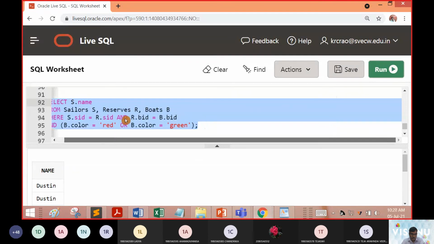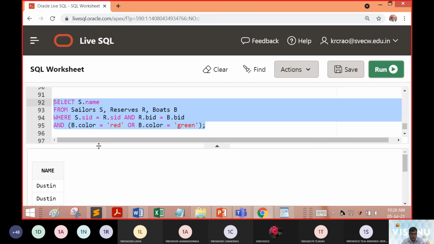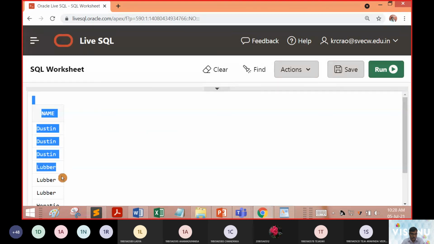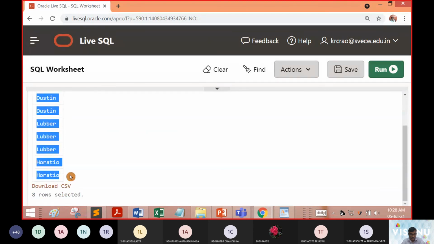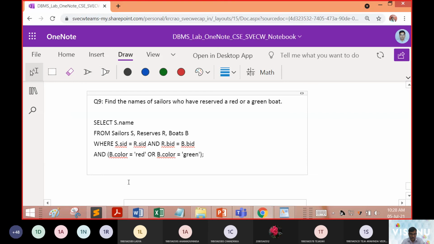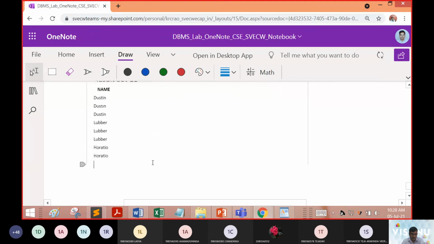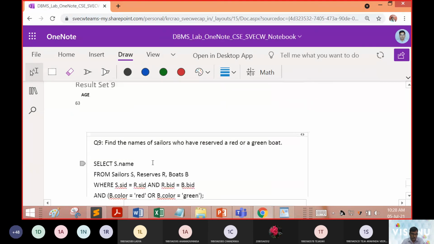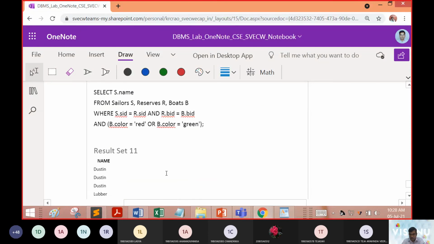You can see that there are two colors, red and green, and these boats are taken up by 8 different sailors. That is how we generated the output.